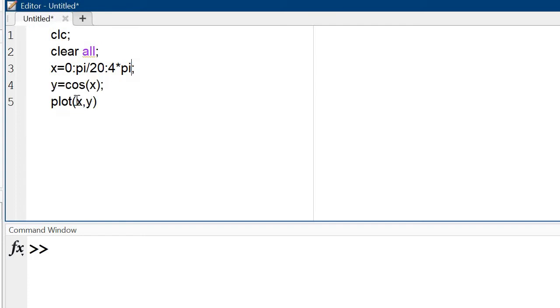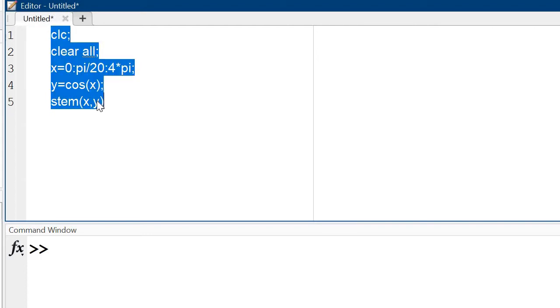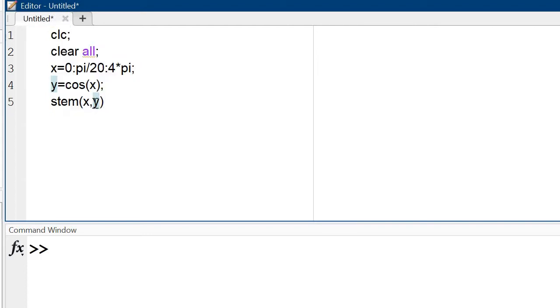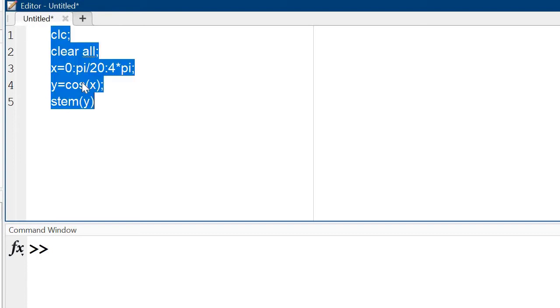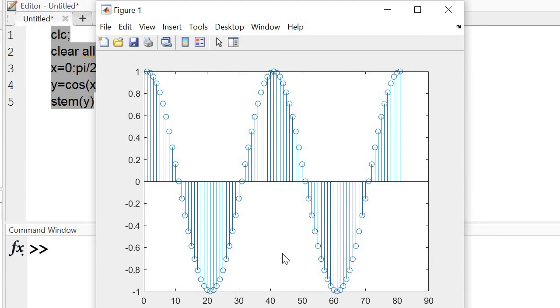Again, what I am doing, I change this plot into the stem command. So this is our cos function.